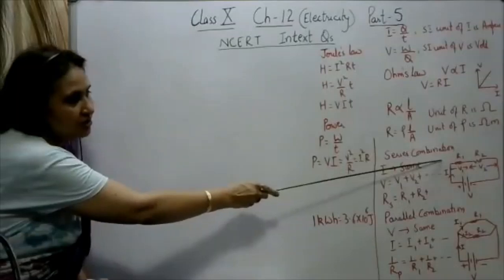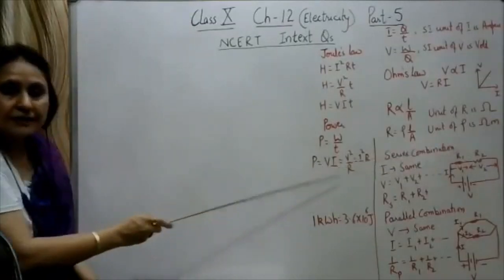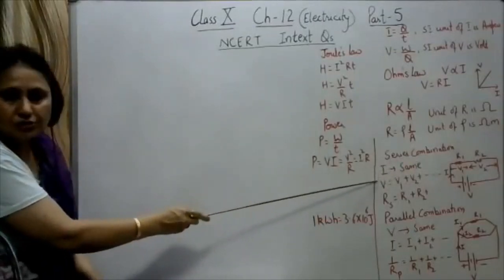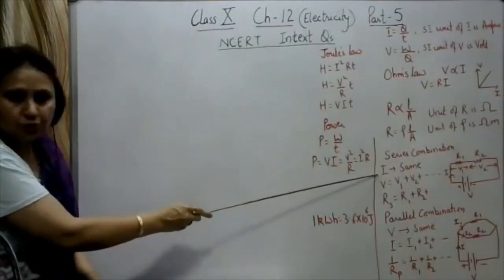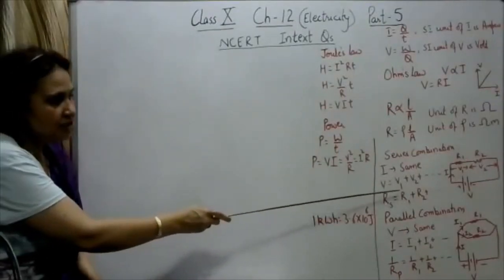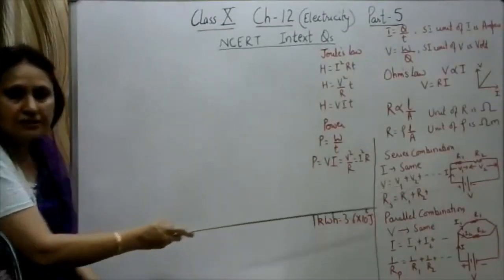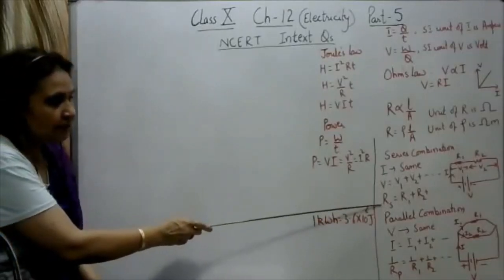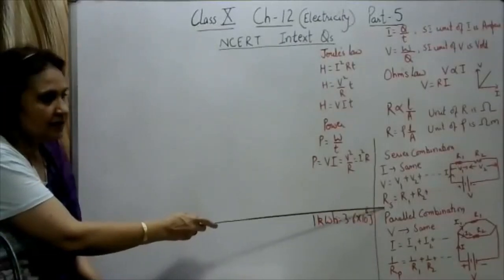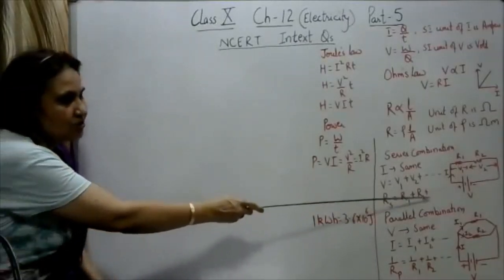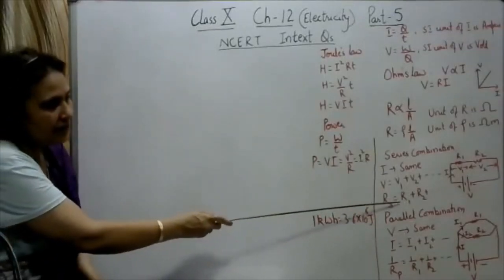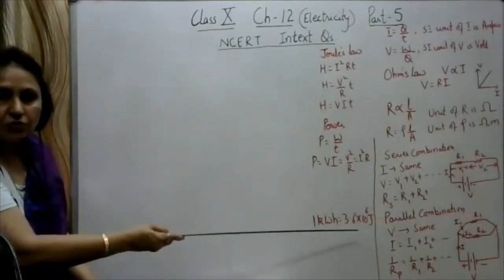Okay, then we studied about the series and parallel combination of resistances. In series combination, a number of resistors are connected one after the other, which we call it as the series combination. So the 3 points to remember are the current flowing through each resistor is the same. The total potential difference across the combination is equal to the sum of the potential differences across each resistance. Hence the equivalent resistance, let us represent it by RS, is equal to sum of the individual resistances. So the equivalent resistance RS will be greater than R1, R2 or R3.